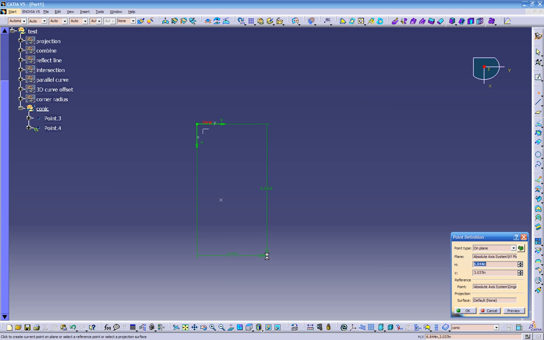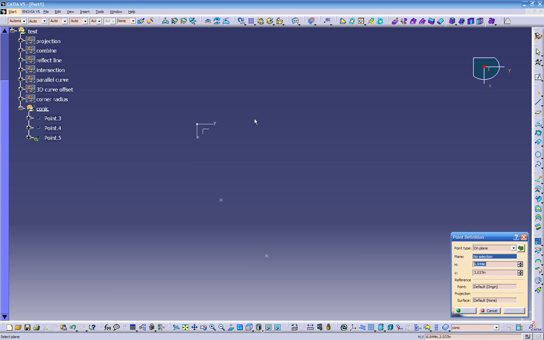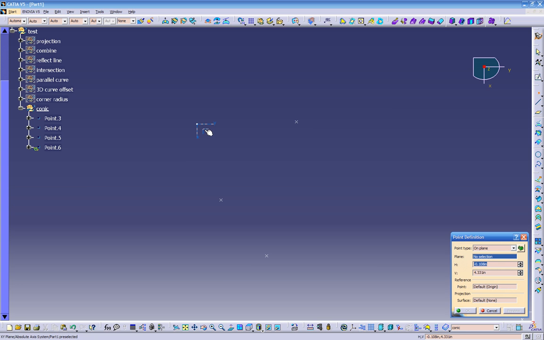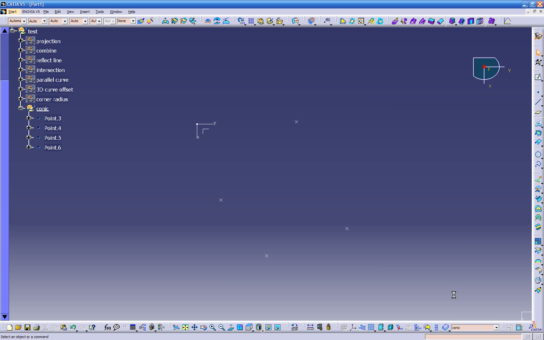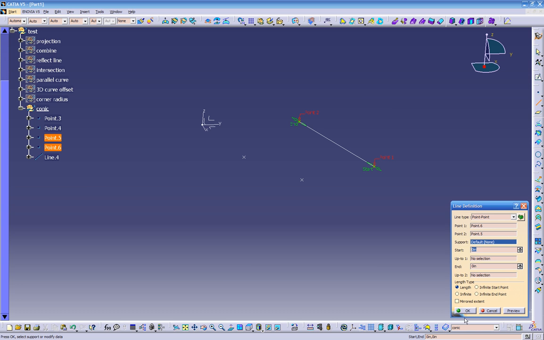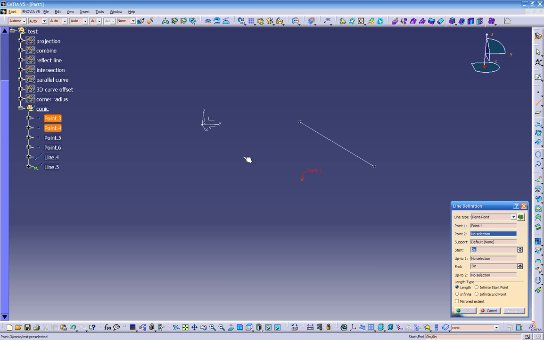Click on a plane, a point here. Click on this plane. We'll click a point here, a point over here, and now we have 4 points in a 3D view. Let's click a line, a 3D line connected to those points. Click another line connected to these points,